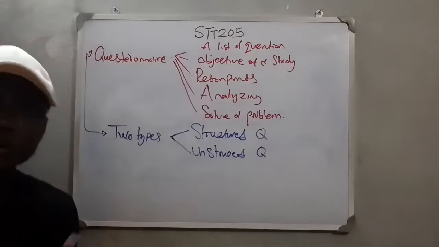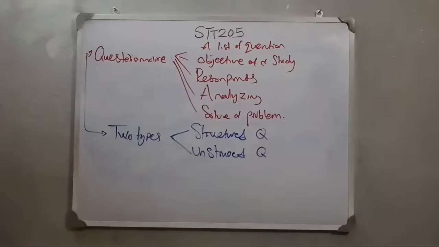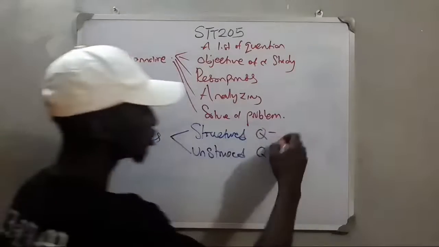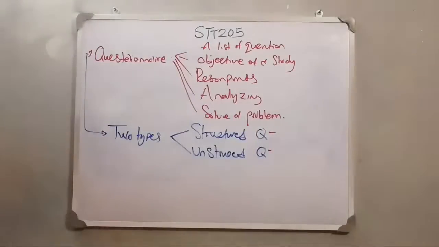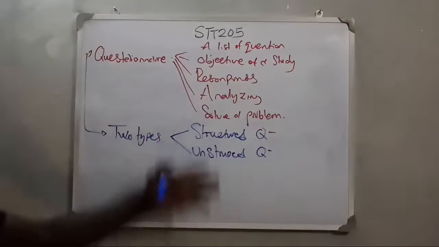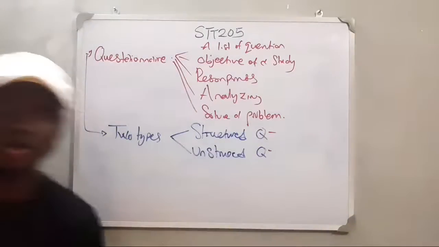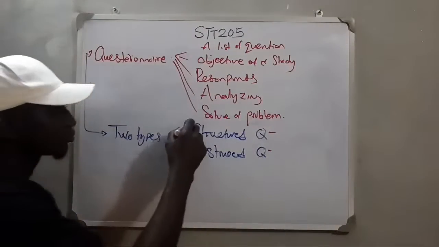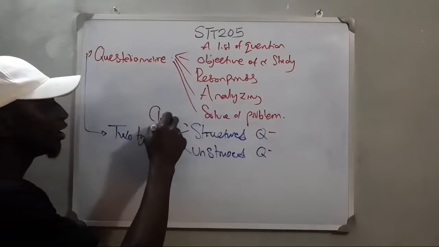Now the structured questionnaire is the kind of questionnaire that consists of a list of questions drawn from the study being conducted, while the unstructured is a list of questions drawn on the study of which information is required. The respondents are free. Now there's just one very slight, very simple thing that differentiates these two. This structured questionnaire can as well be referred to as close-ended.